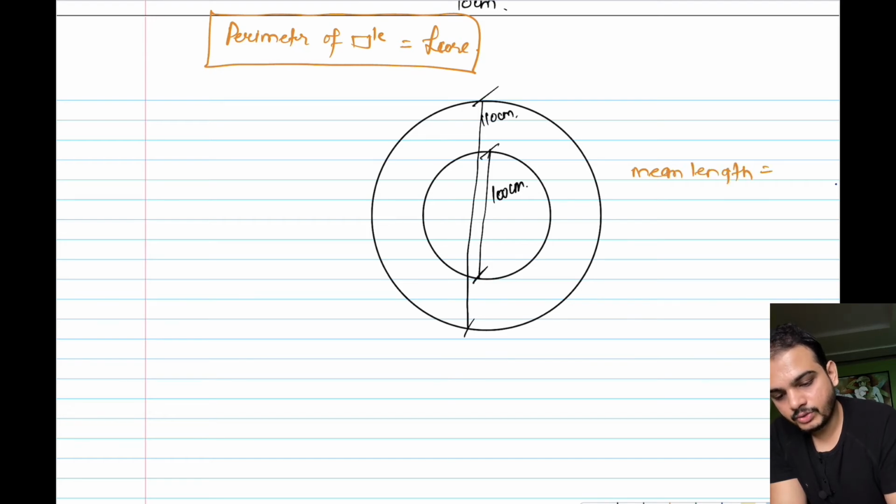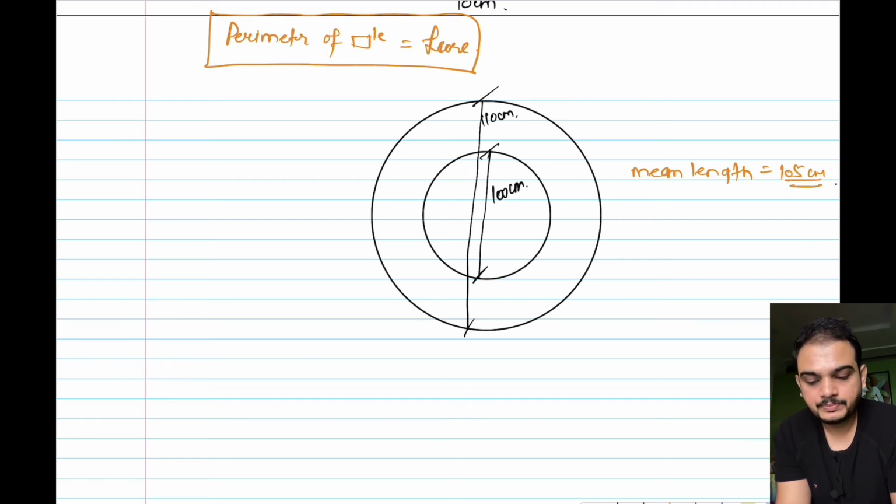Mean length is equal to (110 + 100)/2, which is nothing but 105 centimeter. This is the mean diameter. It is not a mean length, it's a mean diameter. Okay, now in order to find